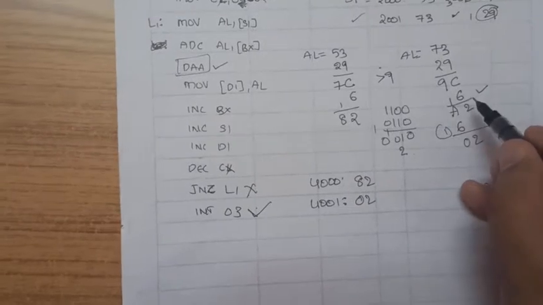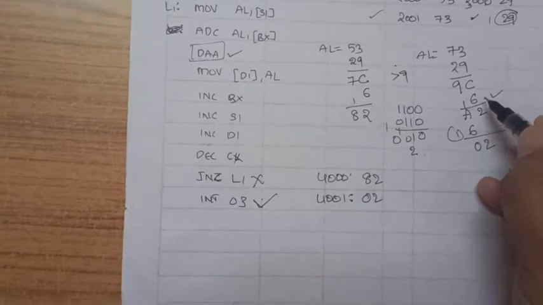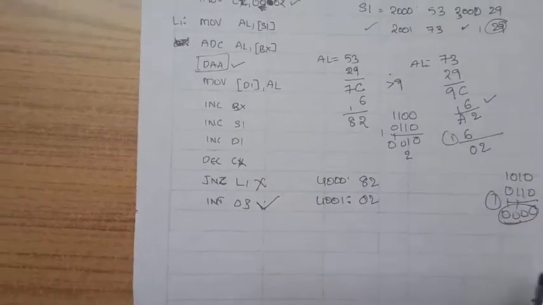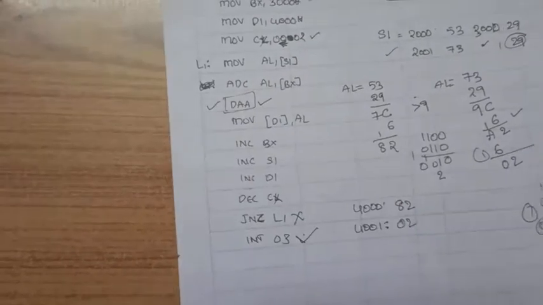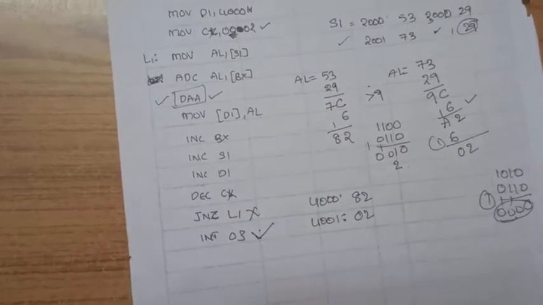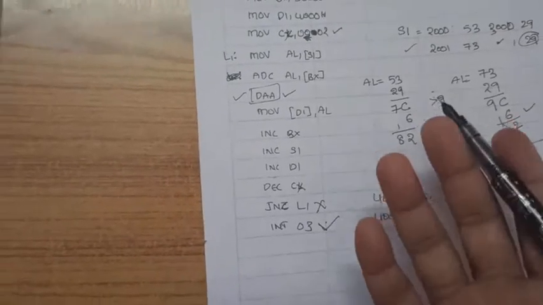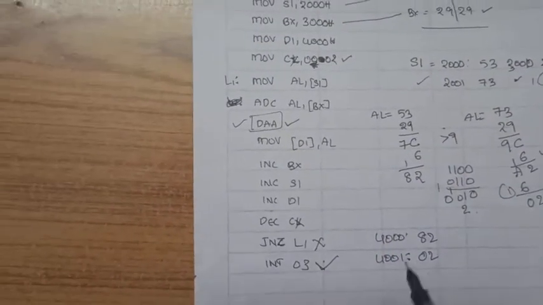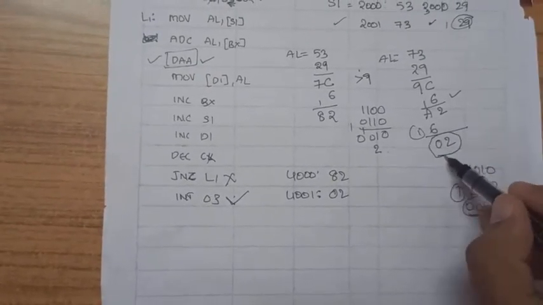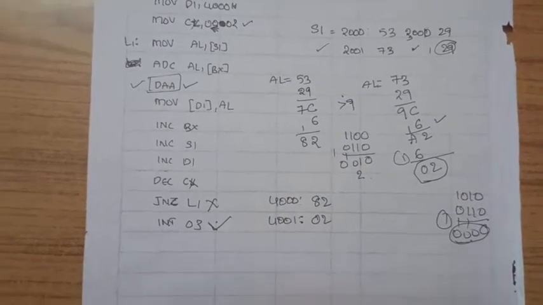So whichever value exceeds the BCD range, it just adds 6 to it so that it comes into the BCD range. Similarly in the higher nibble also. So in this way this particular DAA instruction adjusts the data so that the data is within the range of BCD. Hope you understand the logic. So likewise you can change any data and you can check for that. This DAA adjusts until the output is in the range of BCD numbers. It adds 6 to the data whenever it exceeds the BCD range.